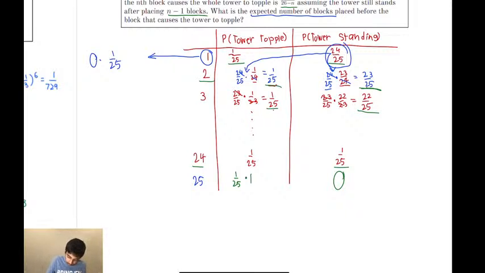So for block 2, again, if the second block is the one that causes the tower to topple, then the first block is the one that's placed before the tower topples,